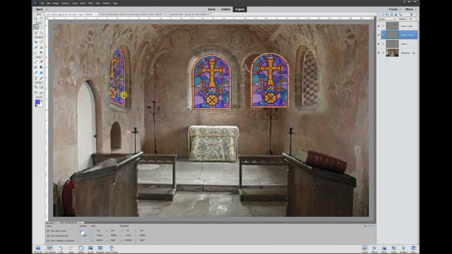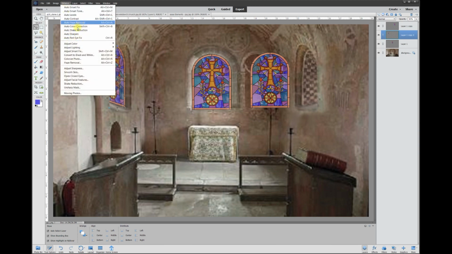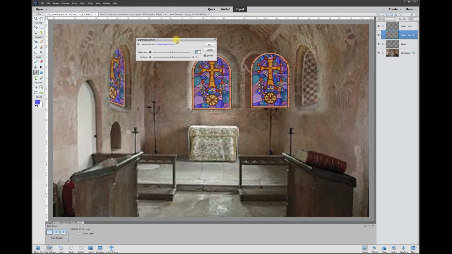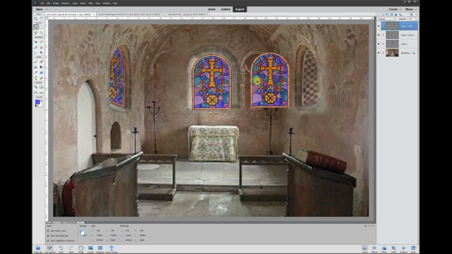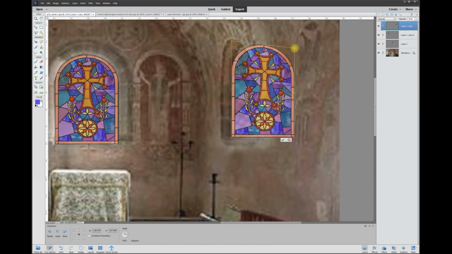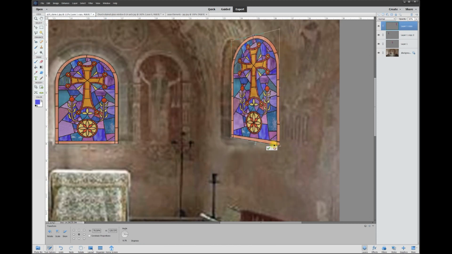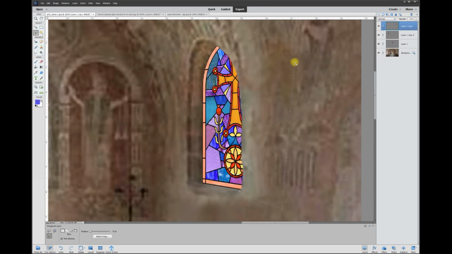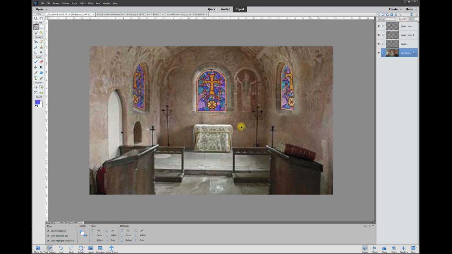And if you want it to actually be a little darker, I can always go to Enhance, Lighting, and Brightness. And watch what happens if I bring the brightness down a little bit. It's a little darker, so we can make it appear as if the sun is mostly behind the middle window. So I can bring this a little bit darker like that, and I'll hit OK. Let's go ahead and do the same thing with this one. And that's all there is to it. So now we just added 3 windows to a windowless church,